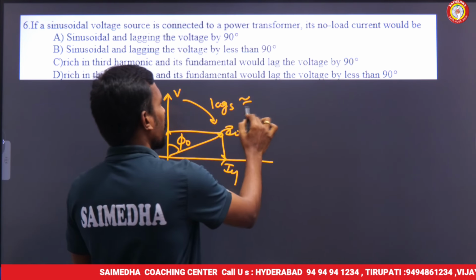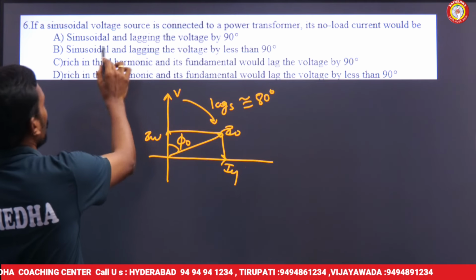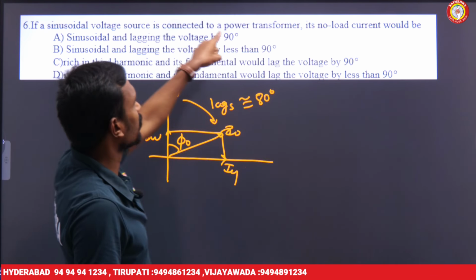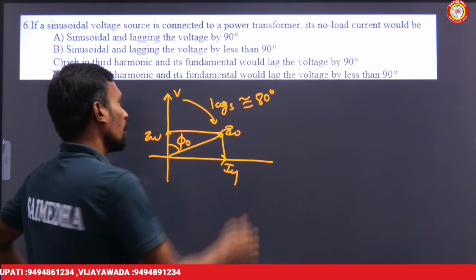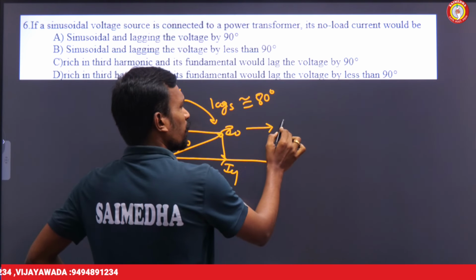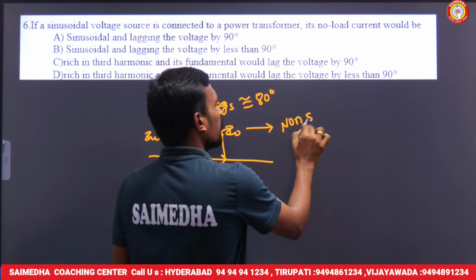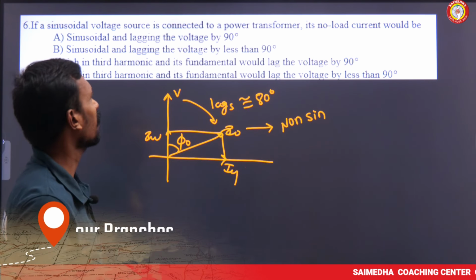It may be around 80 degrees, 75 degrees, etc. Sinusoidal: here the thing is that if a sinusoidal voltage is connected to a power transformer, the no-load current is non-sinusoidal, because generally power transformers are made up of an iron core. If the supply voltage is sinusoidal,